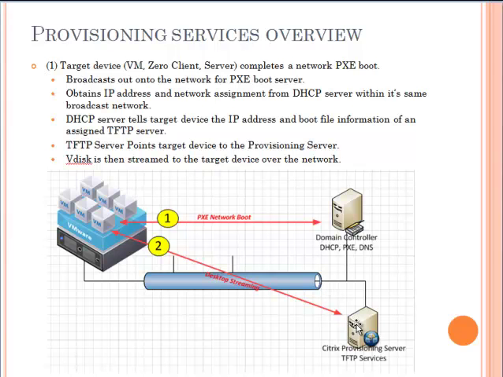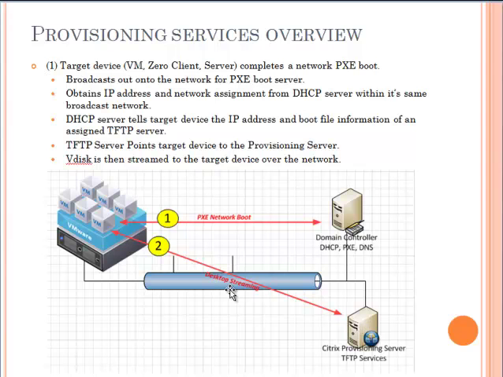Once it points to the TFTP server, it contains a bootstrap file which defines the provisioning servers within your farm. Most commonly, obviously, more than one for high availability and load balancing. Then the virtual machine, from that file, will point to the provisioning server across the network, where it will